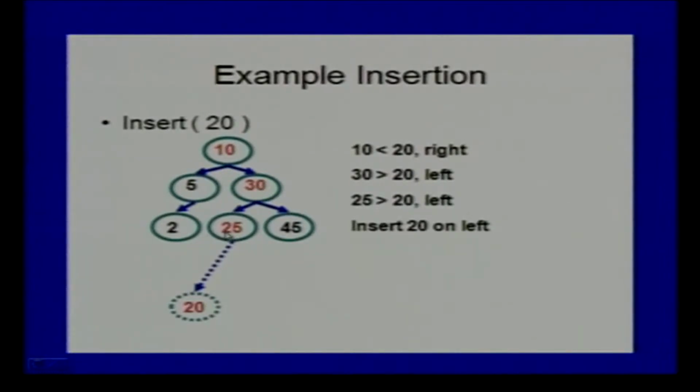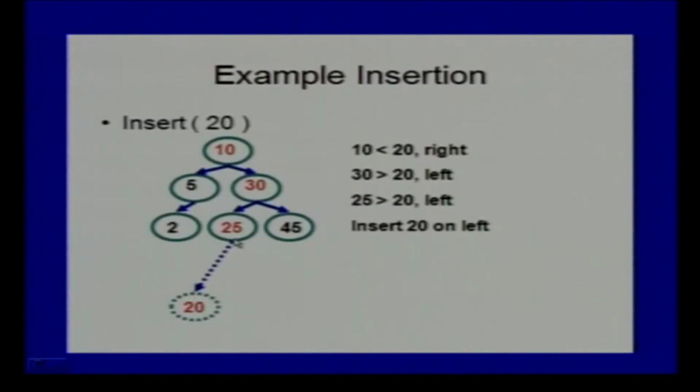20 is less than 25, so I have to go to the right. At this point I find that there is no left subtree, that is, this is a terminal node and it has no left subtree, and I know that I have to attach this 20 as a left subtree of 25. So, what I do here is that I create a node for 20, and make its left and right